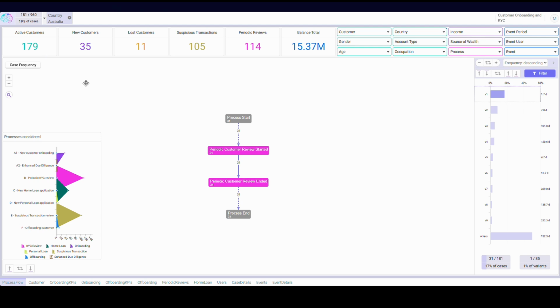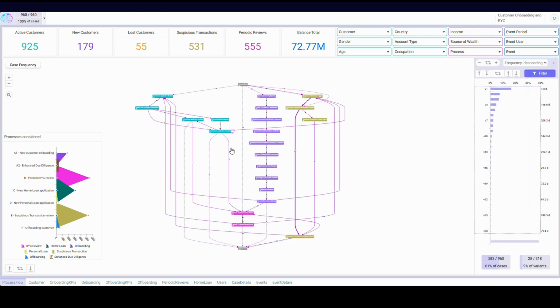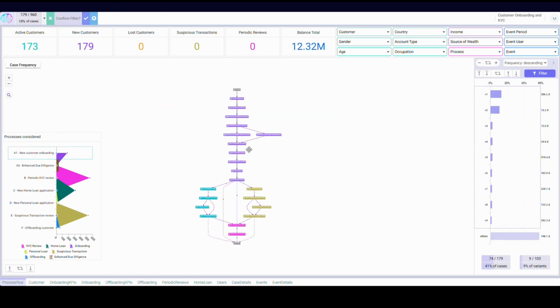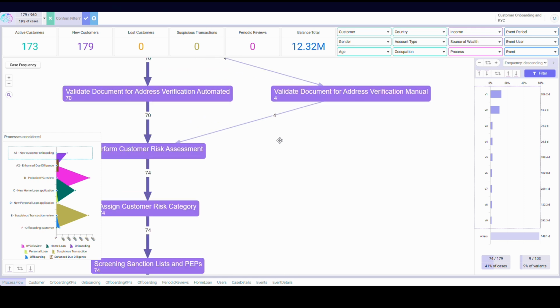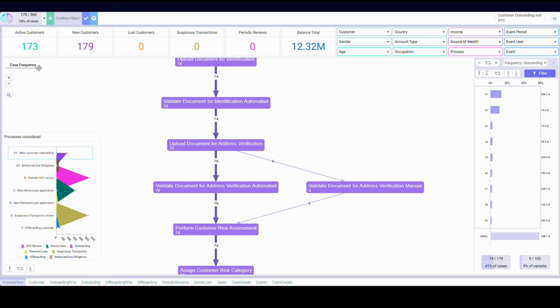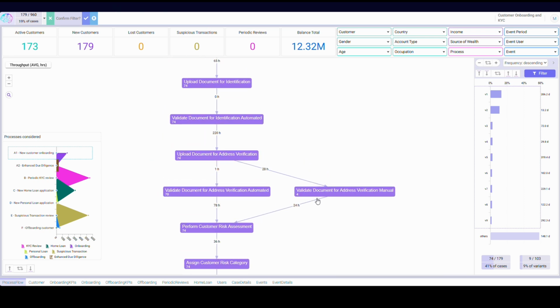Yes, this is a demo dataset, and these numbers might not reflect your processes, but it provides the type of insights that can easily be gained from such a solution. Specifically in the onboarding process, many of our clients struggle with delays caused by manual intervention. Let me increase the process variance and change the numbers to time in hours. What you see now is that when address verification is performed manually, it takes on average 28 hours, while automated